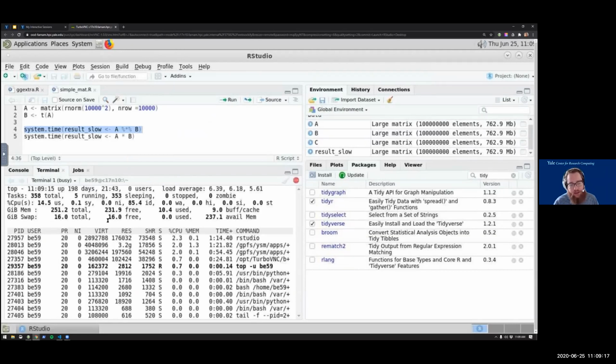The columns that are important to pay attention to are this one called RES, the resident memory usage. Let's pretend that is just the amount of RAM that your application is using. So you see right now, my R process is using 3.2 gigabytes of RAM.